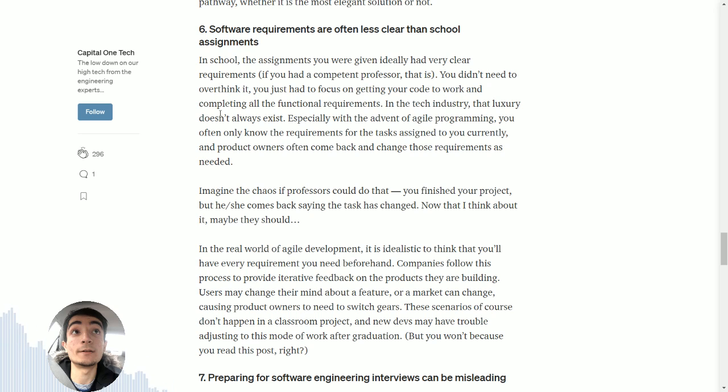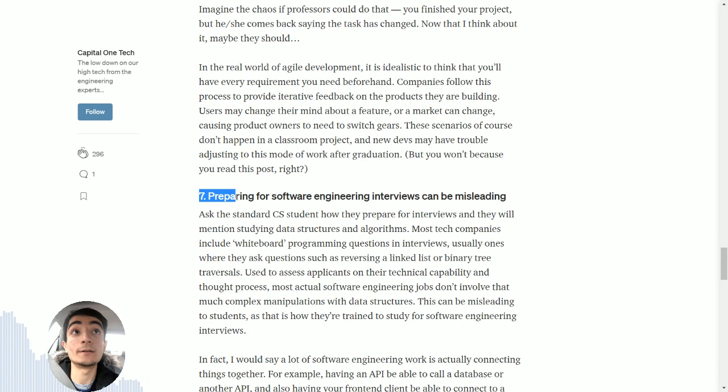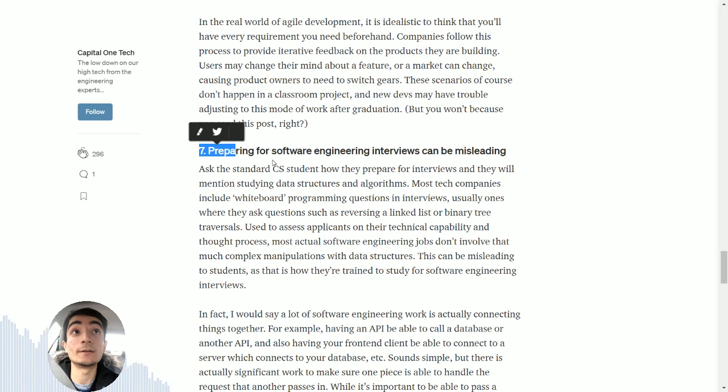But anyways, that's the sixth requirement, and finally, I wanted to go over the seventh one before I close off this vid. It's preparing for software engineering interviews. It can be misleading, and I agree with that in the sense that there's a pressure to memorize your data structures and algorithms, these more fundamental concepts in computer science. For example, there's this simple